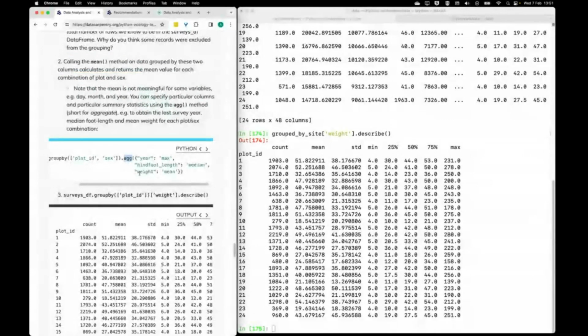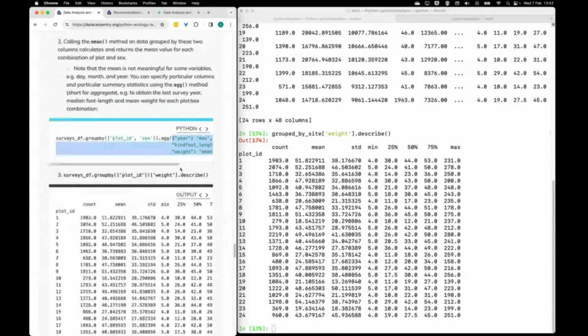What you give that as an input argument is a dict, which says for each of the fields in my data, such as year or weight, use a different metric, display a different metric. So you can pick and choose which of the statistical metrics you want to show for each of the different variables in your data, rather than just showing the mean for everything. And if you formulate an aggregation like this,